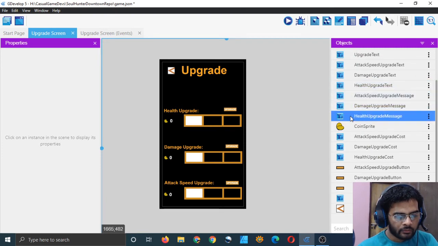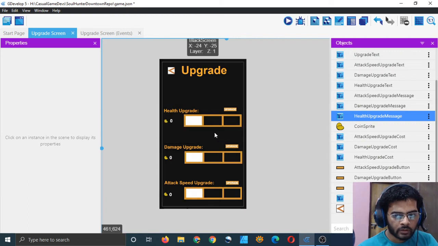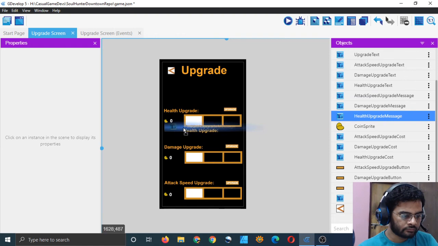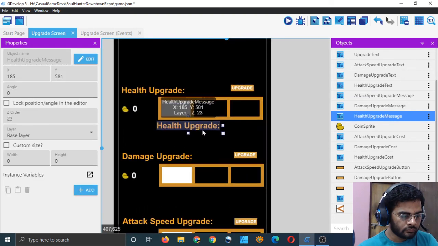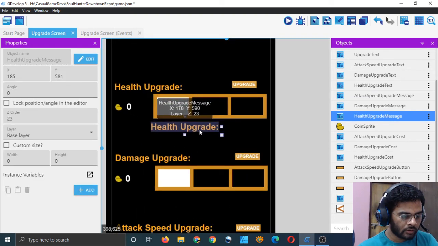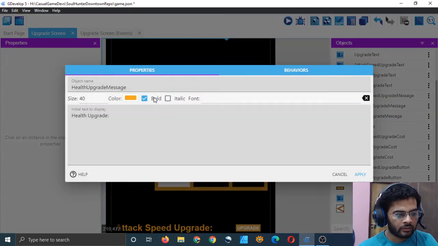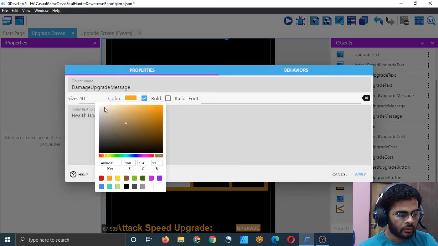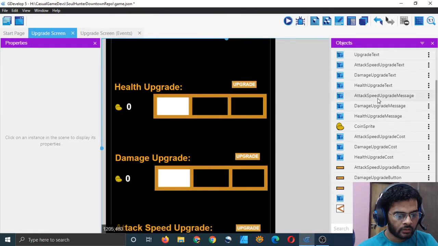Should I drag them? I think I should. I will change the color to white, just to differentiate between this and the health upgrade text. Apply.